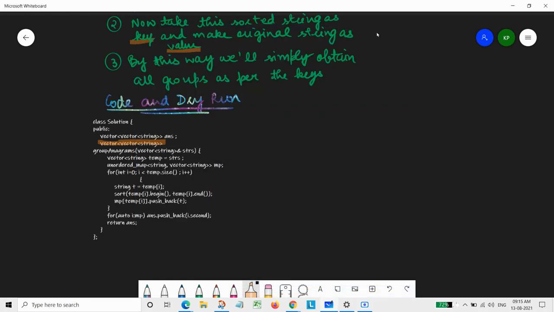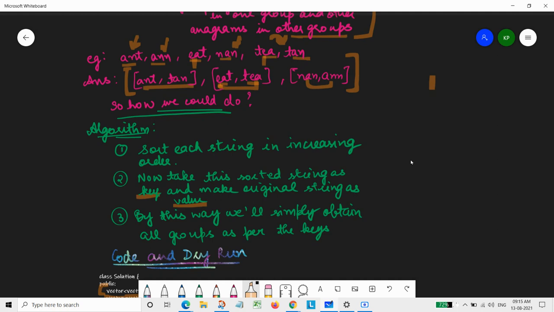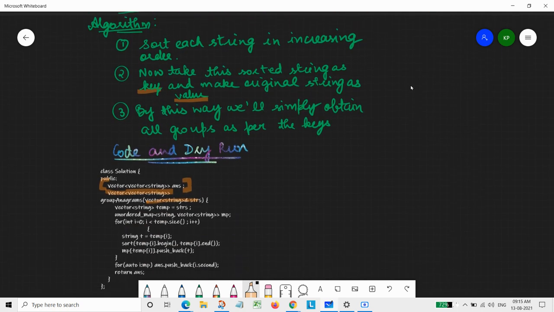As the function return type is vector of vector of string, we are required to return something like this, so that's why I've taken this. And then we are given a vector of strings as input, those which I have given as an example here.